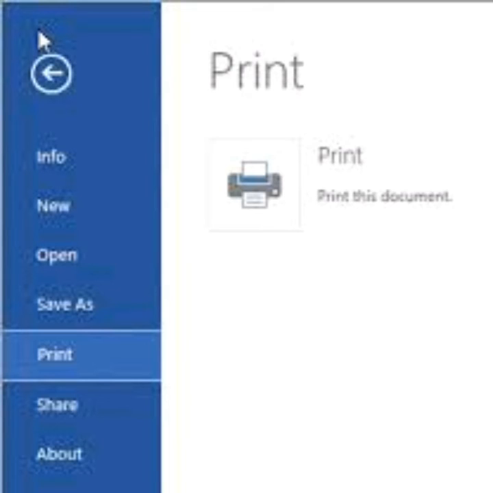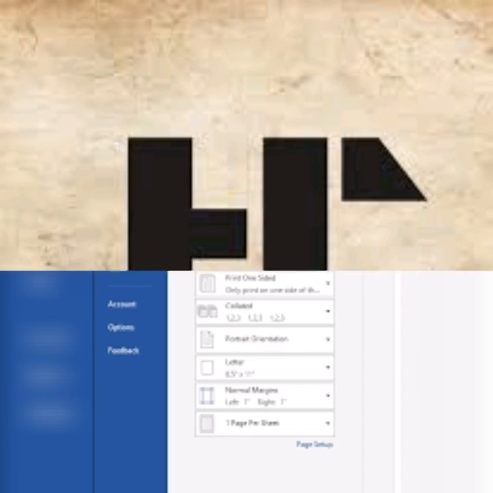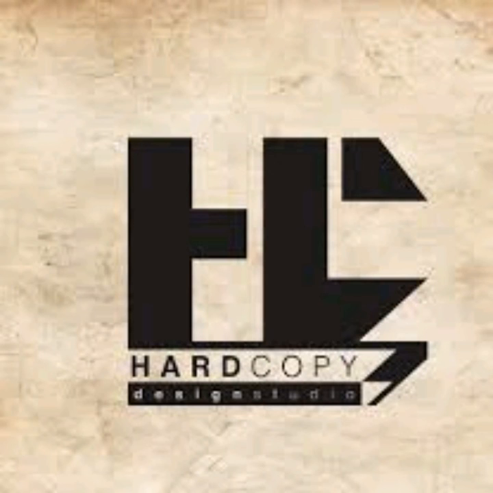Okay, now we have to print the document with the help of the Print command. This Print command, you will get it from the File tab. Okay, click on the File tab and you will get the Print option. Now after clicking on the Print option, you will get the print window screen on your computer. Now from there, change the settings, that means how many pages you want to print and all. After that, you will get the hard copy of the document which you have created on your computer screen.